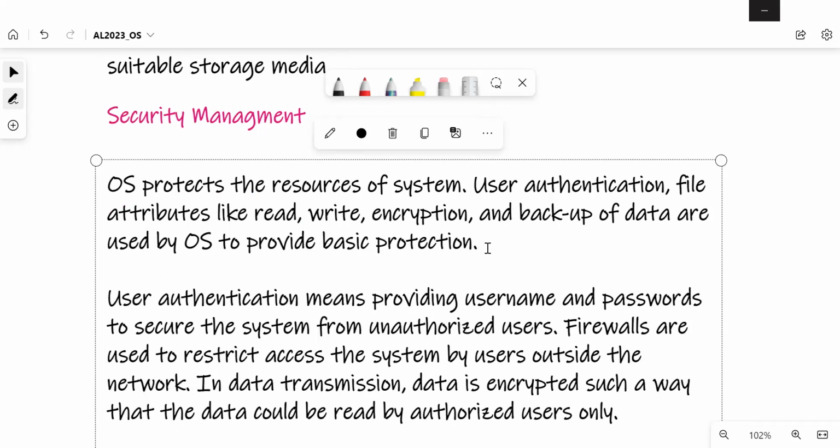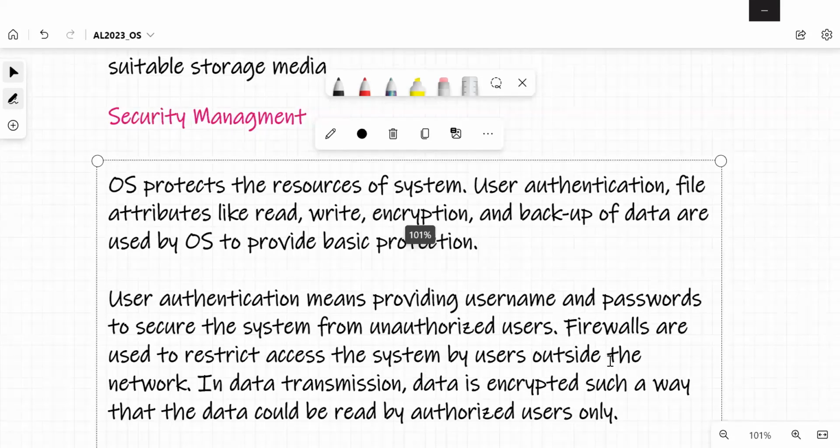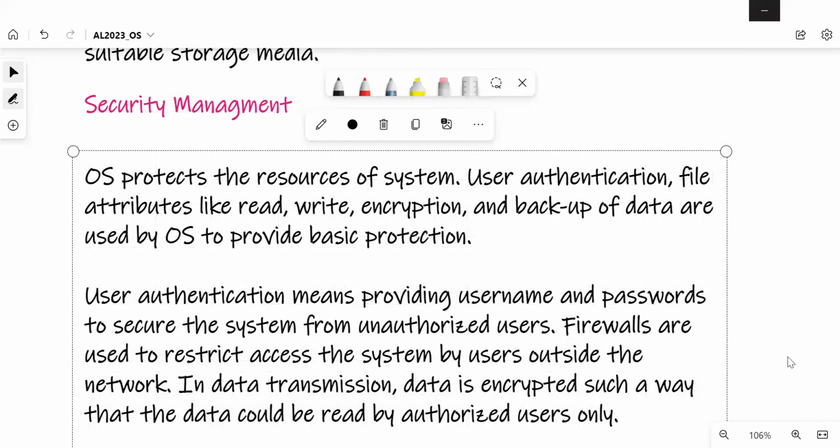Authentication means once you log into the system, it will determine whether you can read, write, or encrypt the data. Using authentication means providing a username and password to secure the system from unauthorized users. Firewalls are used to restrict access to the system by users outside the network. In data transmission, data is encrypted in such a way that it can be read by authorized parties only. Right. So let's take this down, and once you finish, please let me know by raising your hands.